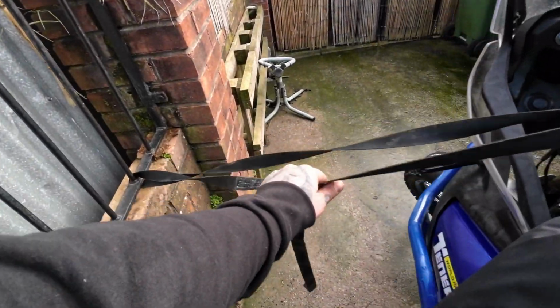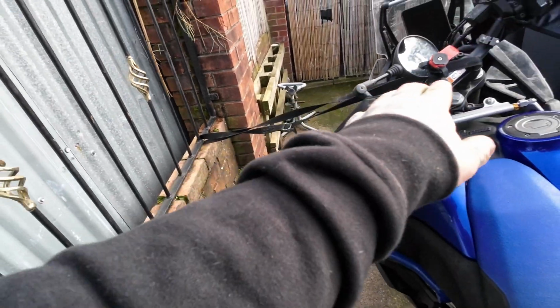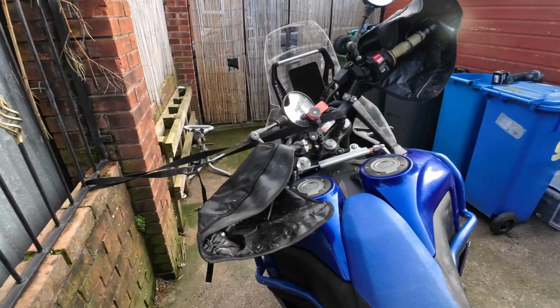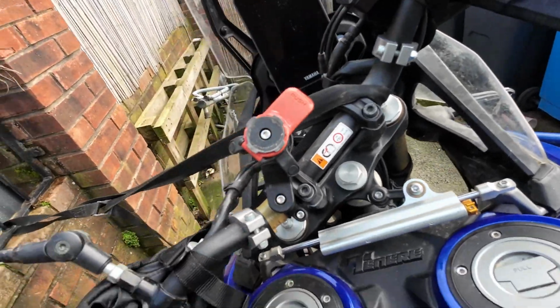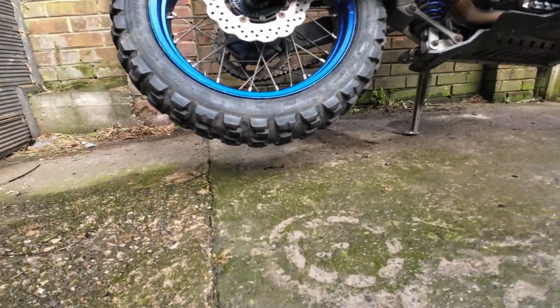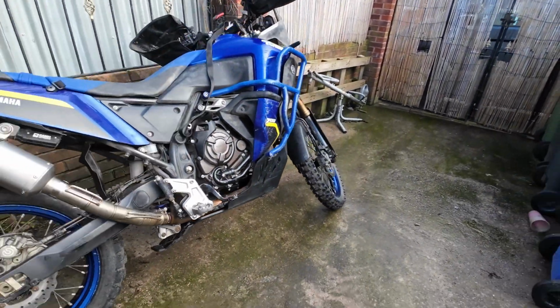So we've got our strap anchored to whatever you can. Obviously you want to anchor it to something lower than your handlebars, so it has that leverage, that cantilever effect. So I've literally just gone round the handlebars there. Right, so back wheel off the floor, only on the stand, front wheel's fully locked, front brake